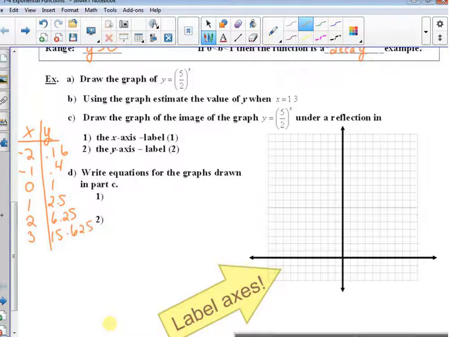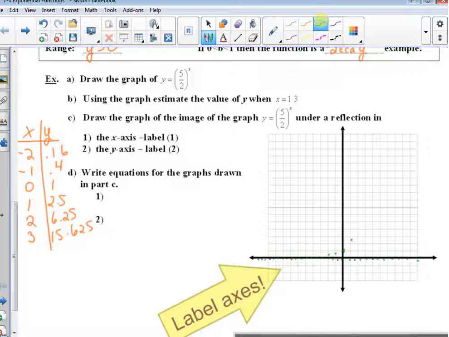I do not have enough room here. I don't know, maybe I do. 1, 2, 3, 4, 5, 6, 7, 8, 9, 10. Yep, looks like I do. All right. So, negative 2. Again, remember we've got an asymptote. And then we have negative 2, 0.16, negative 1, 0.4, 0, 1,